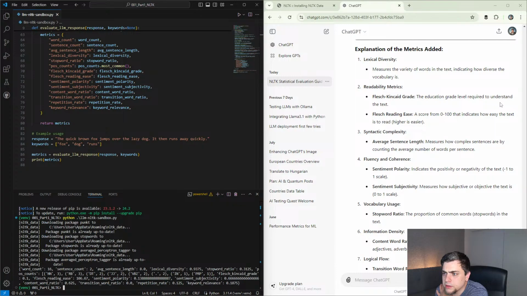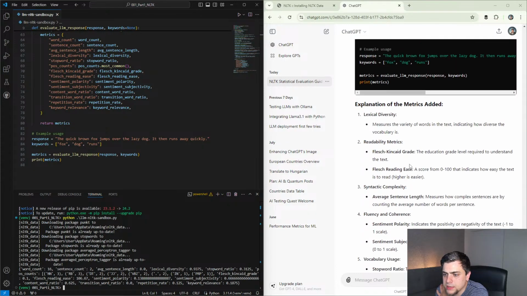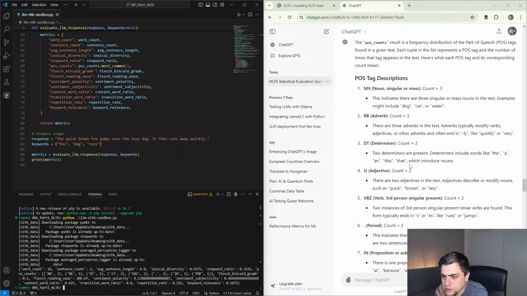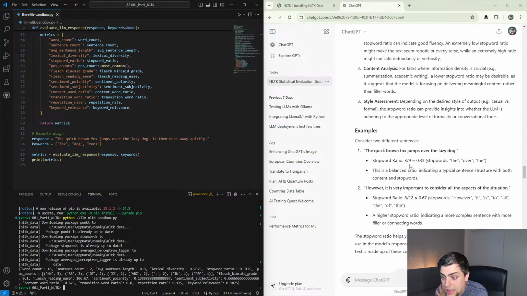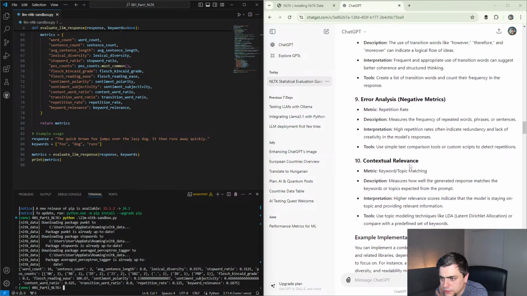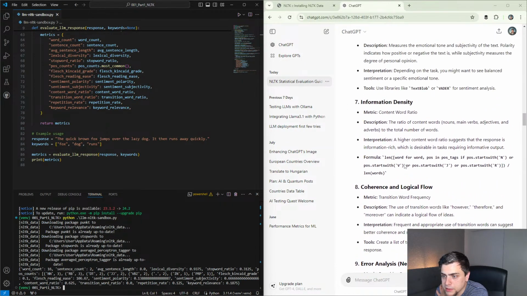Education grade level required to understand the text. So it's not that high. Flesch reading ease score and Flesch-Kincaid grade, those are two different things, because it was just a misexplanation. Maybe I would like to clarify that mainly within myself,